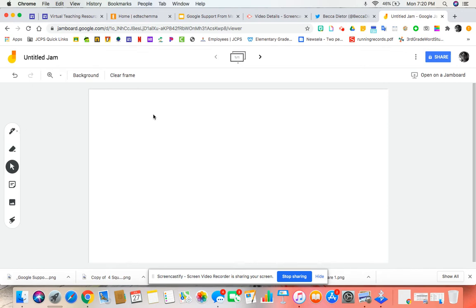If you put something on here, let's say you drew a line, you're like, ugh, I don't like that, and you don't want to get the eraser out, you can just press clear frame and it completely erases it for you. Or you could also go to the undo button and get rid of a certain part. So this right here is your pen, and you can choose the size. This is a pen, this is a marker, highlighter, and then a brush. Marker is probably the easiest one to use just because it shows up thicker. So if I just wanted to write